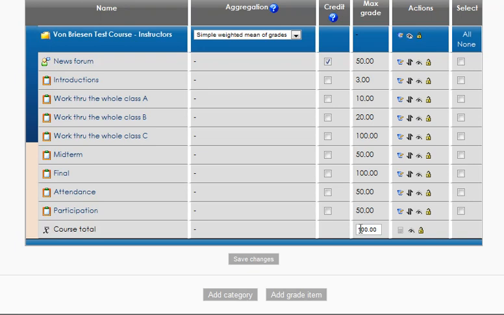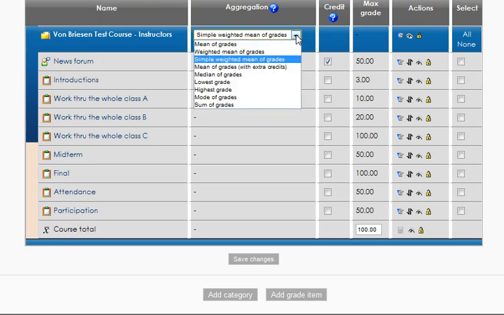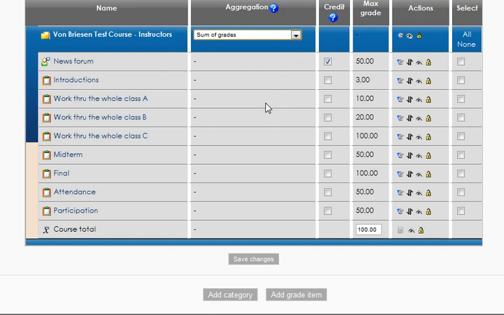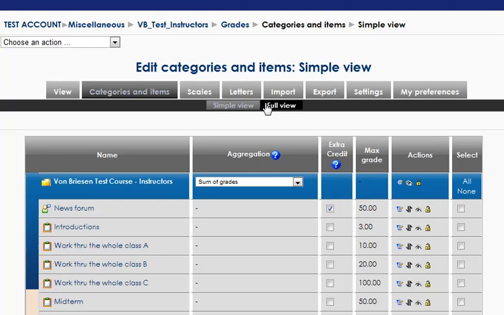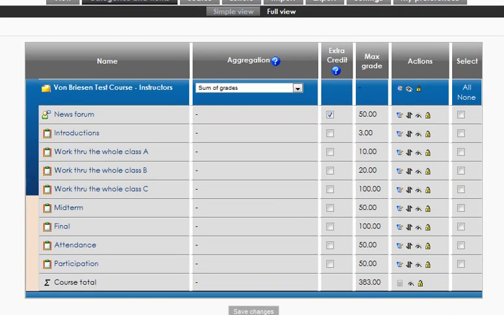Because you may actually sometimes want a total and you may not. So what I'm going to do is go down here to sum of grades, change this to sum of grades, so we're no longer getting a simple mean. And we look at this number, and now the number is the total of all these grades put together,